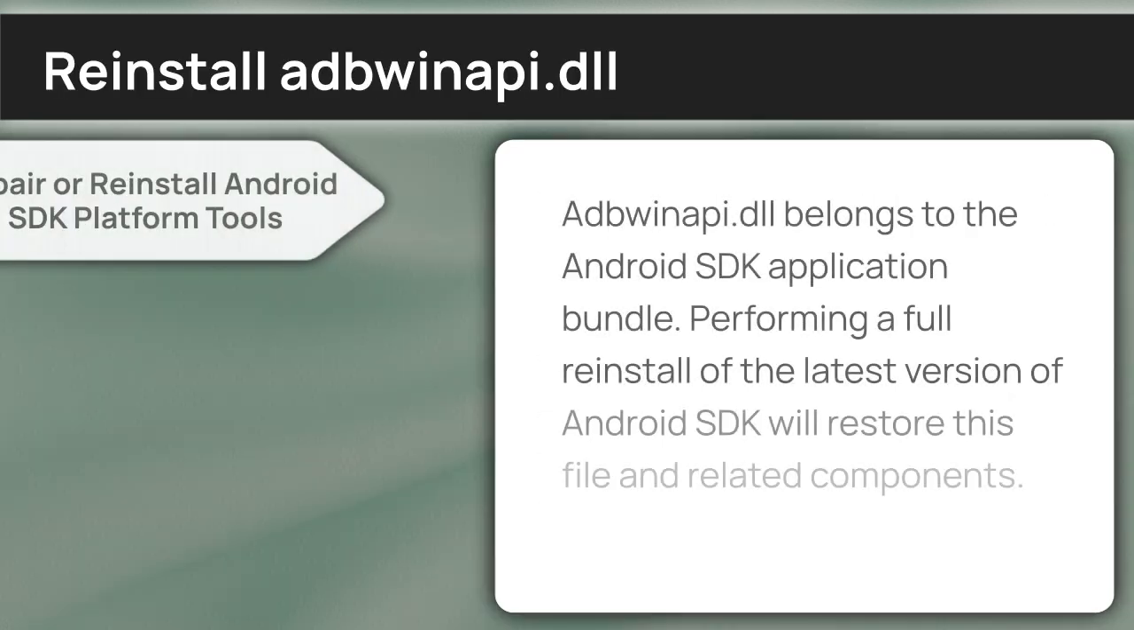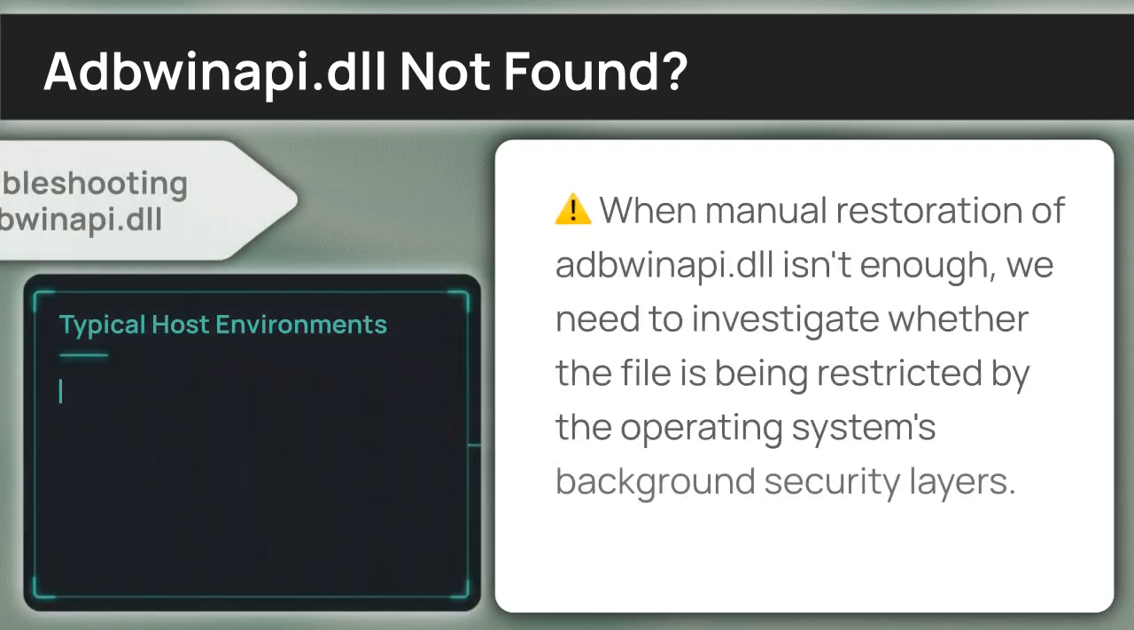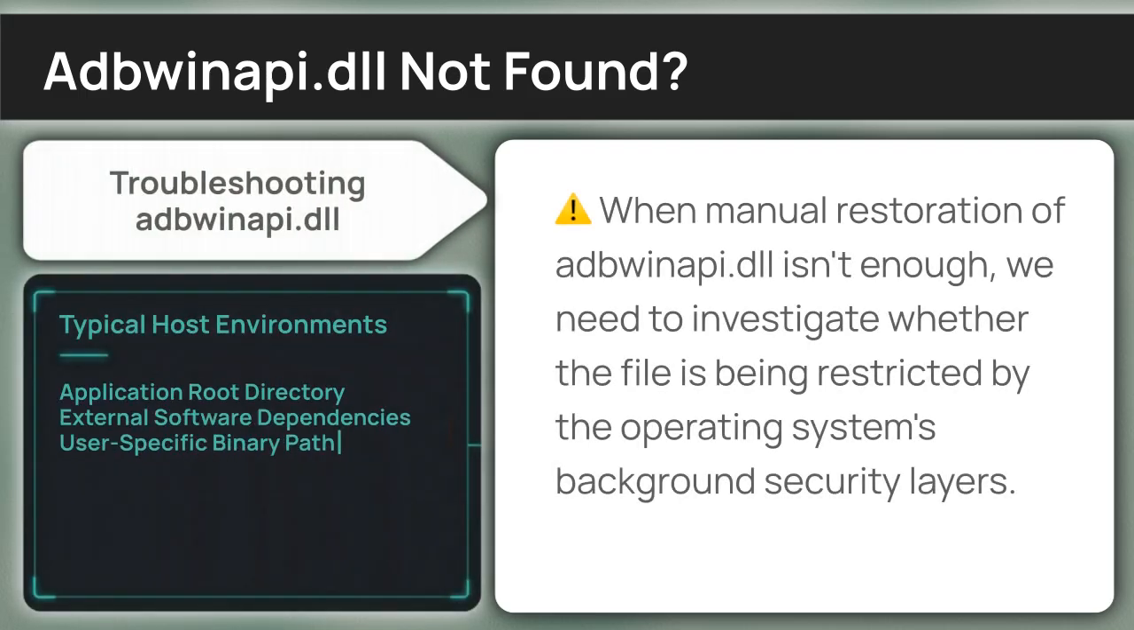Application-level DLL errors like this are usually resolved by performing a fresh reinstall of the affected software. Reinstall the current official version of Android SDK to replace the Android Debug Bridge API and refresh the program's runtime files. If the setup package didn't provide a resolution, we need to look under the hood at how your system